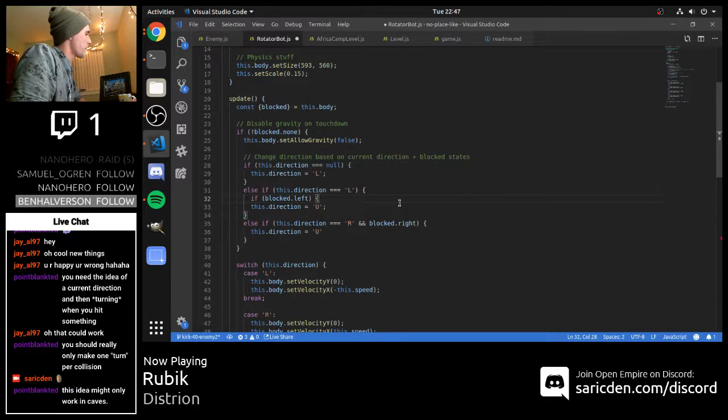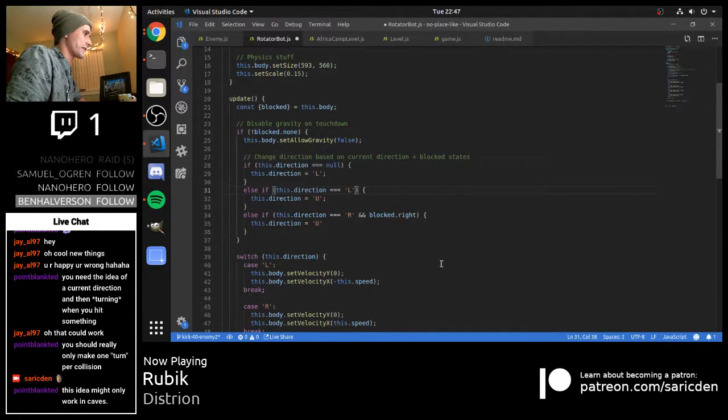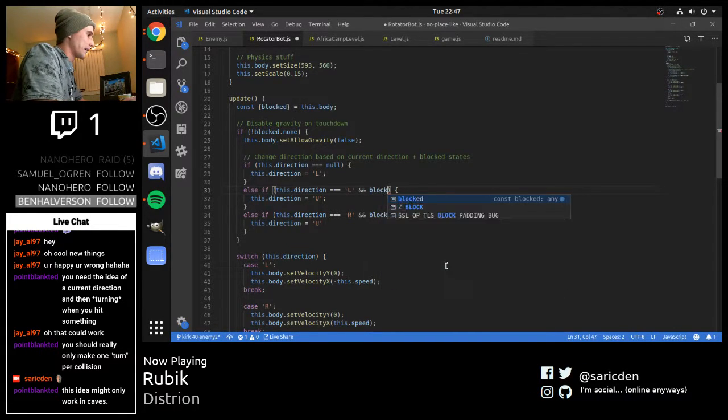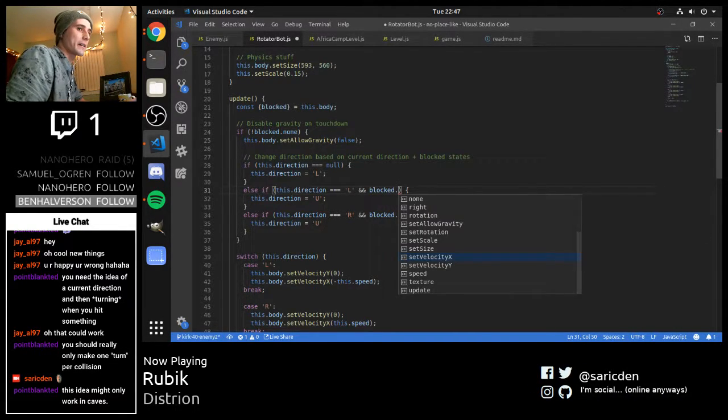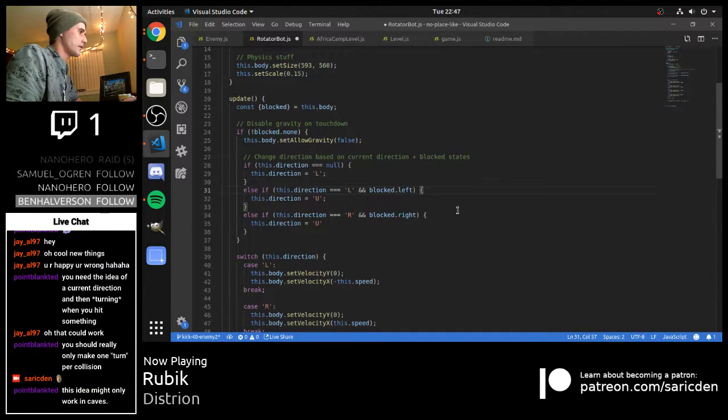no, sorry, hold on. Man, I'm just working through this in my head and it's driving me crazy now. We have to get this working now. Now it's like a thing. Blocked dot, yeah. So blocked dot left. So if he's moving left and he's blocked dot left, then